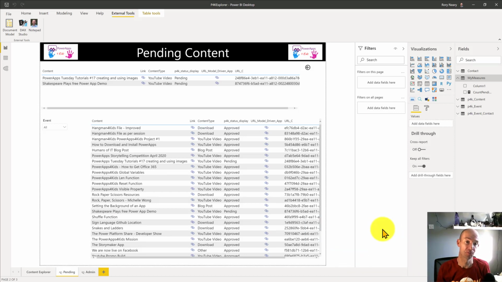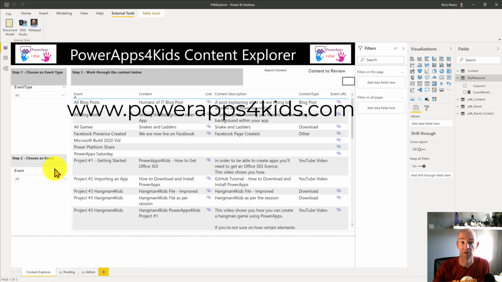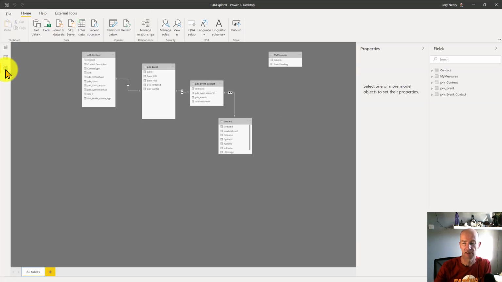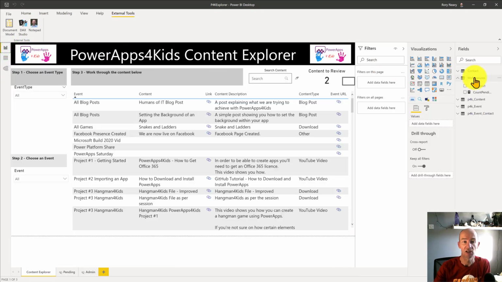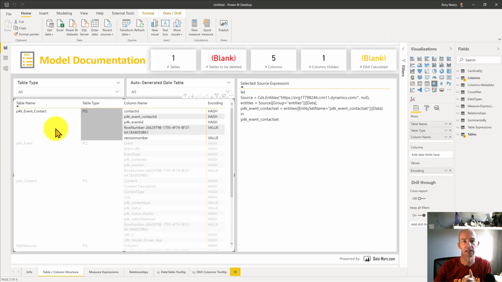Okay, so I've got a really simple Power BI report here. It's only got a few tables, and it shows off the Power Apps for Kids content so that people can link out to consume them. It's only got 3 tables, but what you can see is the tables are linked to each other. In fact, there's 4 tables, and there's actually only 2 measures. In fact, there's only 1 measure, but that's not really what I'm actually trying to show you. I'm just trying to show you that it's a simple Power BI report here, but the trick here is